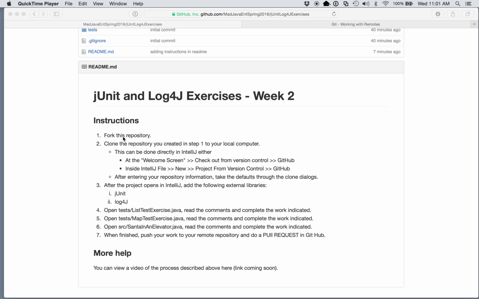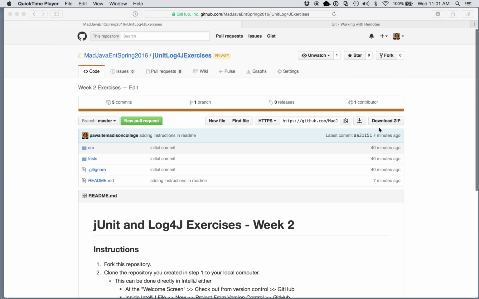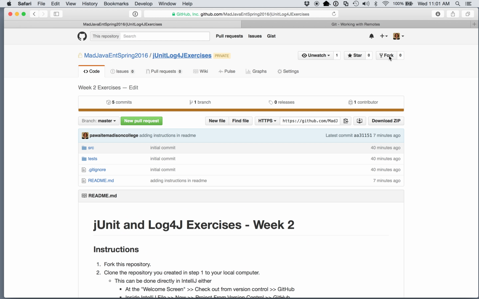So the first instruction here says to fork this repository. Then we'll clone it. Okay, so I'm cloning the repository that I fork. That's going to create my own repository. So let's do that and see what that looks like. So I simply click on fork,